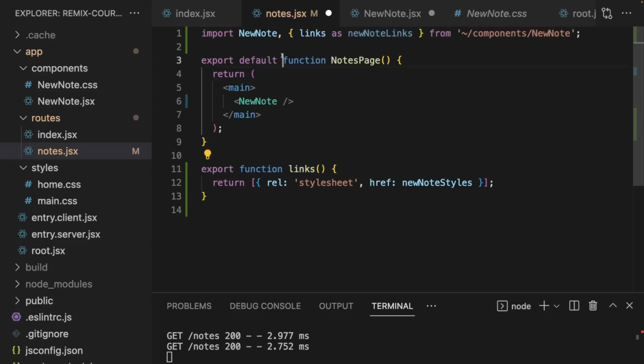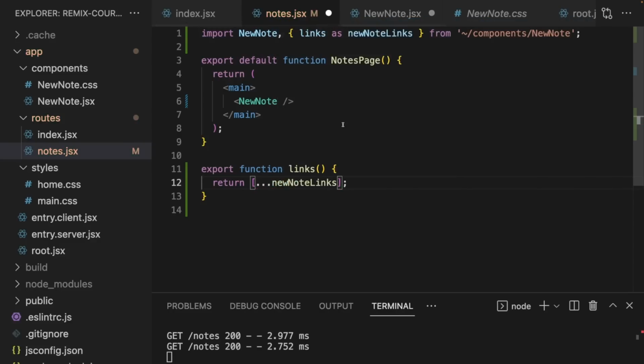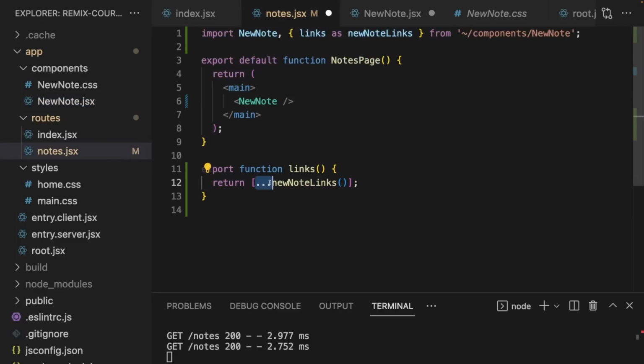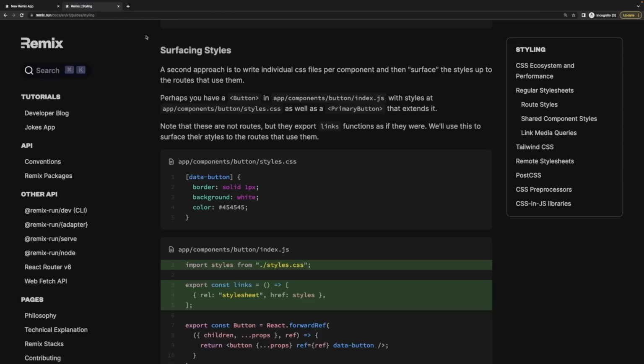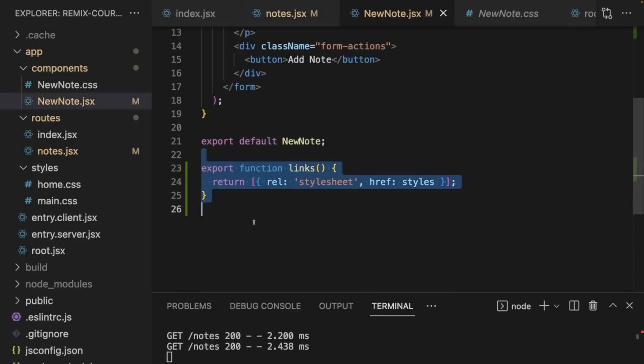And now here in the links which we return for the nodes page, we could simply merge in all links of any components that we might be using. So we execute new node links here, this function which we're importing from new node. And this function returns an array. And then I use the spread operator to merge the array items into this array returned by this links function in this route component file. This is a pattern called surfacing links, and it is actually a pattern that's also mentioned and explained in the official Remix documentation, which is why I'm also mentioning it here. It is some extra work, but it makes sure that you can use one consistent API for making your style